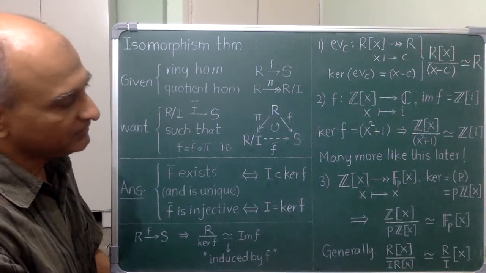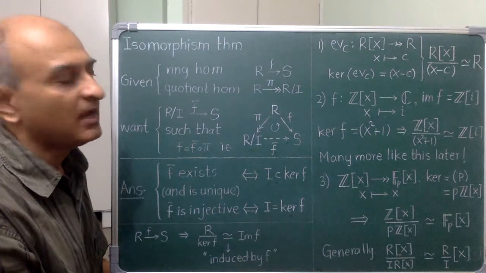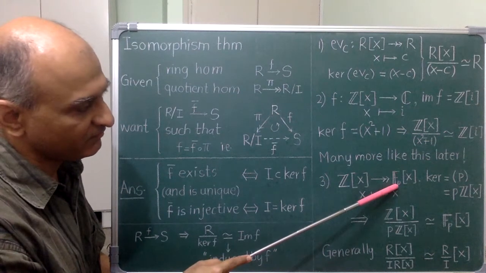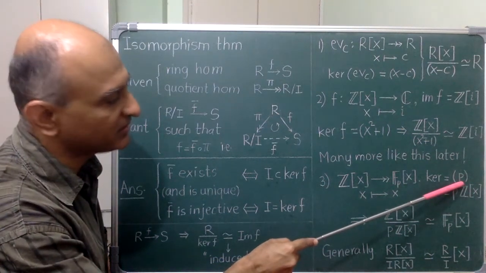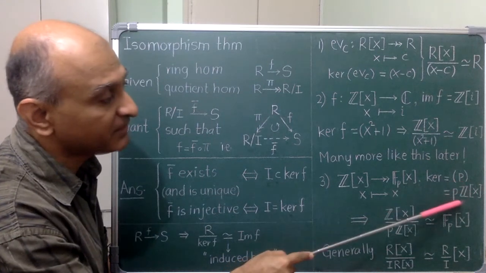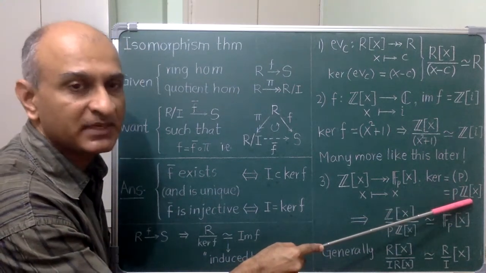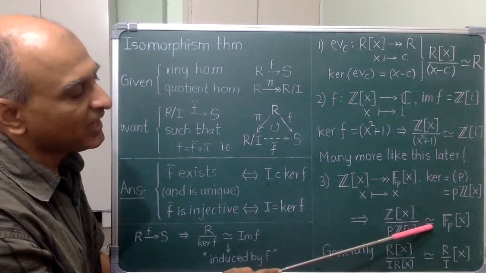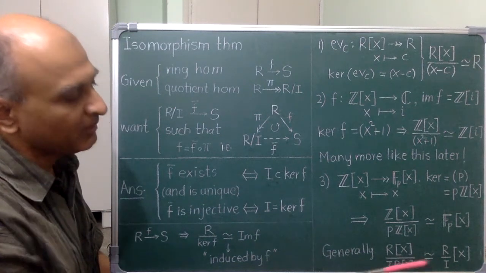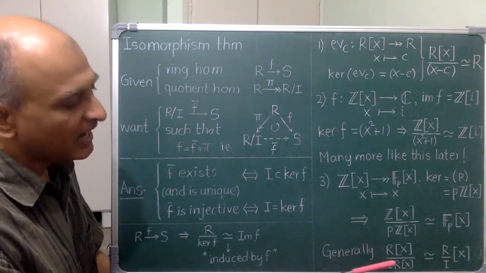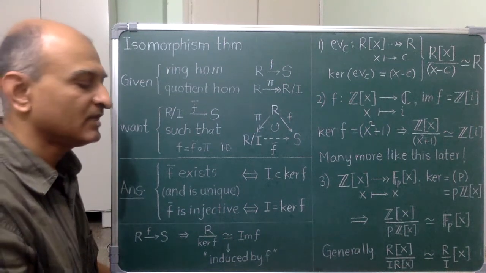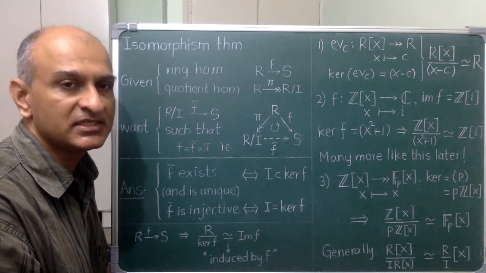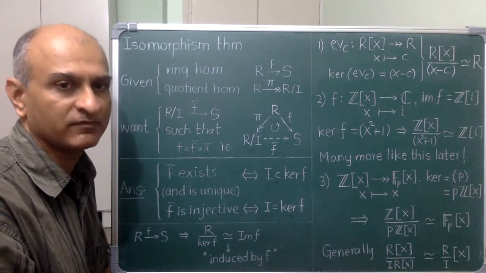In the last example, I am taking an integer polynomial and reducing its coefficients modulo p. This map is also surjective and its kernel is the principal ideal generated by the number p. That means p times all of Z[x], not just p times Z. Therefore, I get this isomorphism, which I can also get in a more general case by taking an arbitrary ring R and its ideal I. These examples were fairly simple, but they are important because we will use these later on to build more interesting ones on top of them.